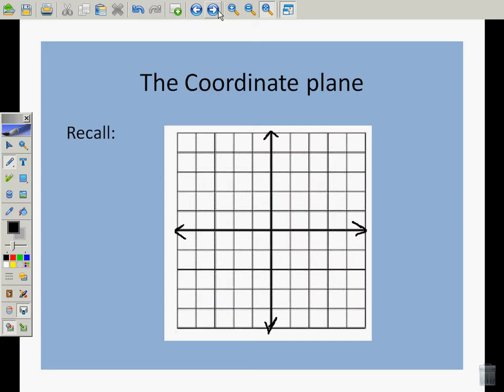The coordinate plane sort of looks like this. It's a cross of two lines that kind of give us four quadrants. So looking at what we're labeling things here, this is the y-axis, as you probably know, and so that makes this the x-axis. Together they are the axes. And when we go to think about quadrants, this is